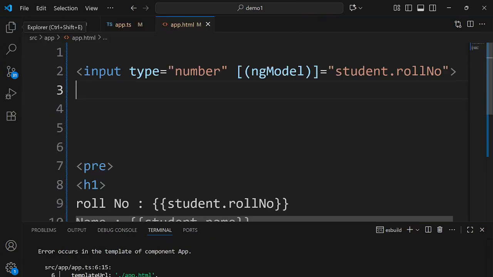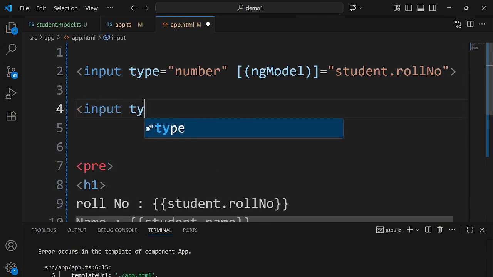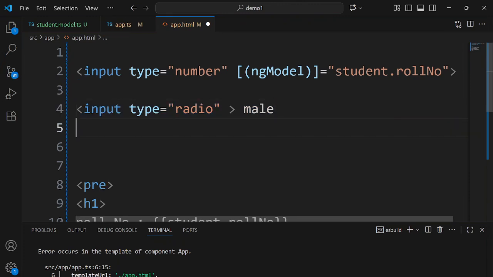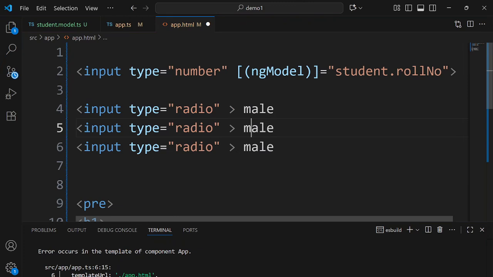Fine. So for that, once again, we know that we would need a radio button. So let's take input type is equal to radio. Okay, and then the text to be displayed here is gonna be male. Similarly, I'll create three for the same: male, female and other. Now, this is a radio button, and in HTML itself we have discussed that